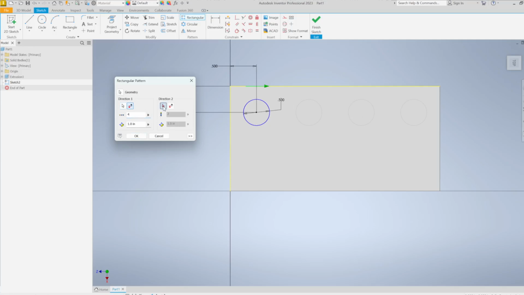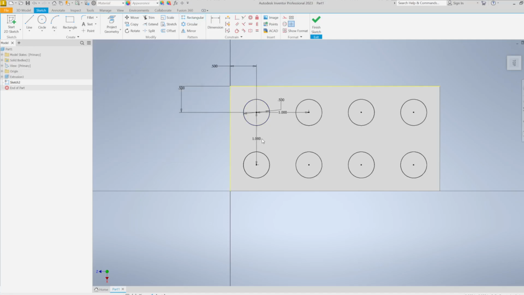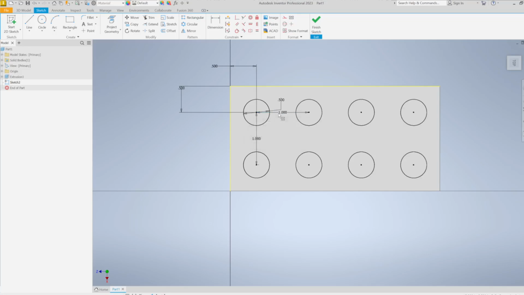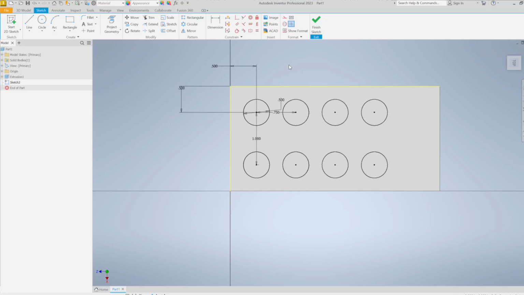Then I can select a second direction, so I click on the cursor, and then I click on a different direction. This time I'm going to go vertically. It's going downwards, which is perfect, and I want 2 of them, and I can just click OK. And the wonderful thing about this is I can change my dimension, and if I make it 0.75, you'll notice that my pattern changes, but I can't really edit my pattern, to add more to it, or make any real modifications to it because of the way that the patterning works for sketches. So I'm going to undo this work here, and I'm going to leave just the 1 circle